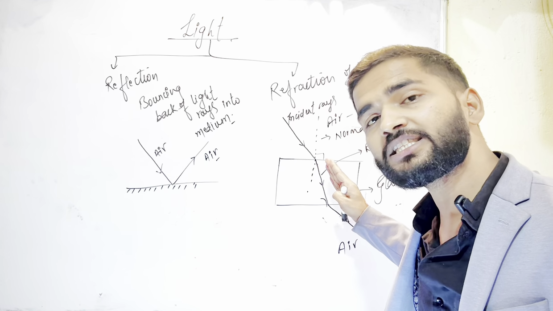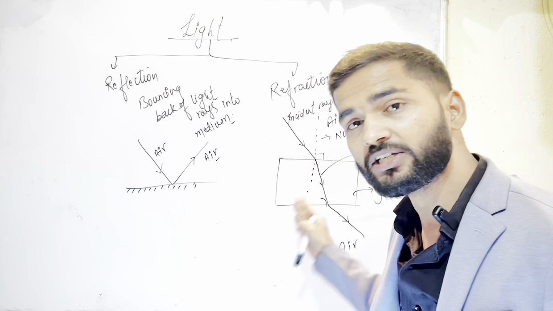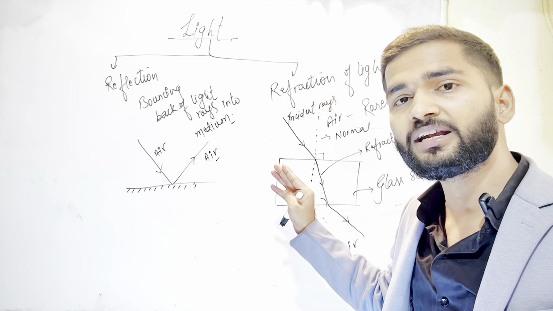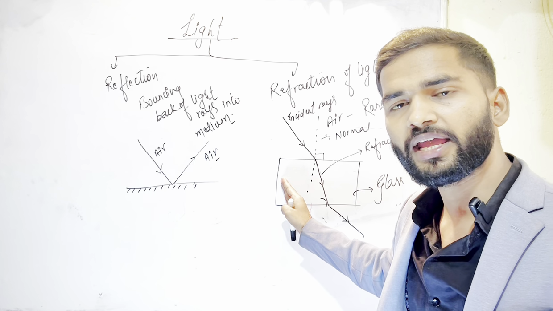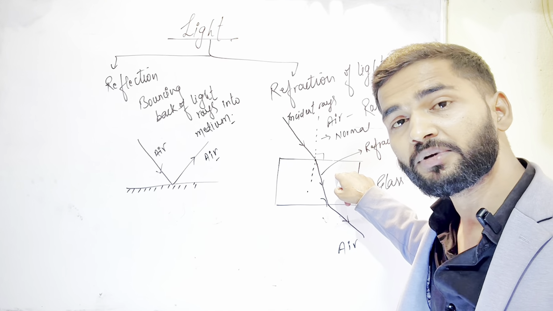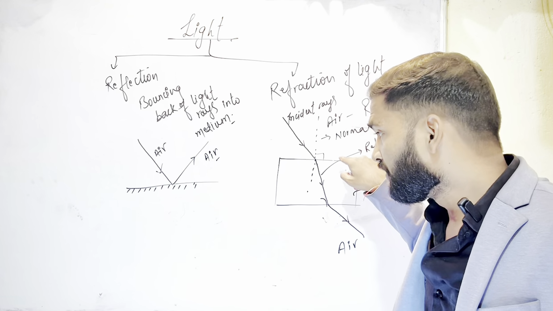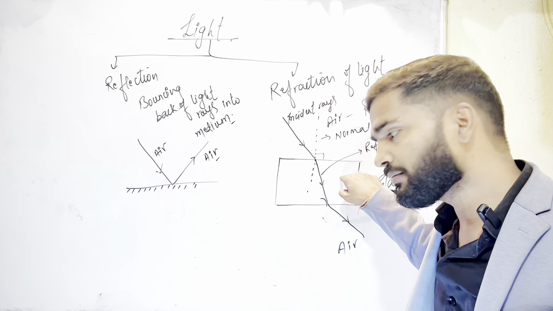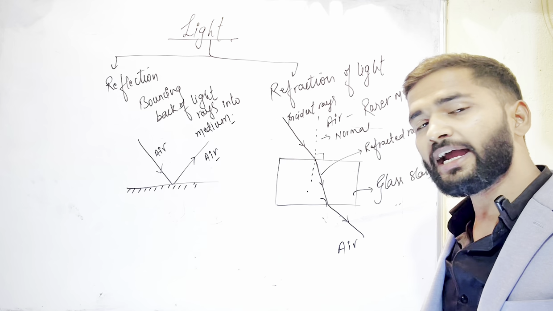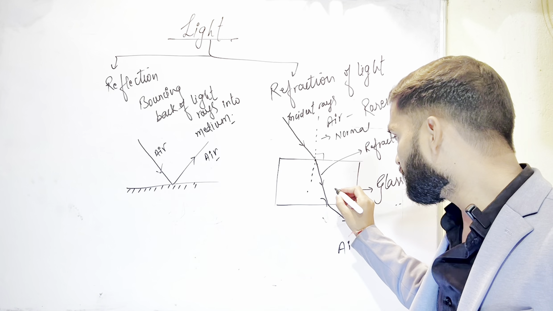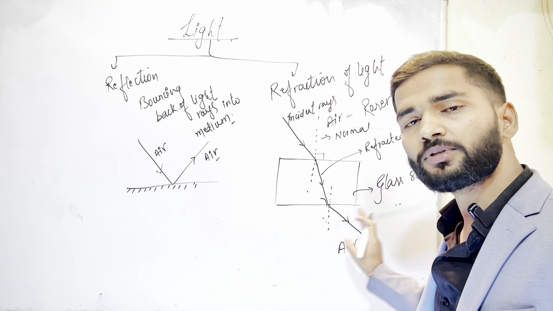So now again the speed of light is going to be decreased. When the speed of light is decreased, then the refracted ray bends toward the normal. Again it is traveling from the denser medium. It is a glass slab, it is considered to be the denser medium. When it is traveling from the denser medium to the rare medium again, the light rays bend far away from the normal, far away.